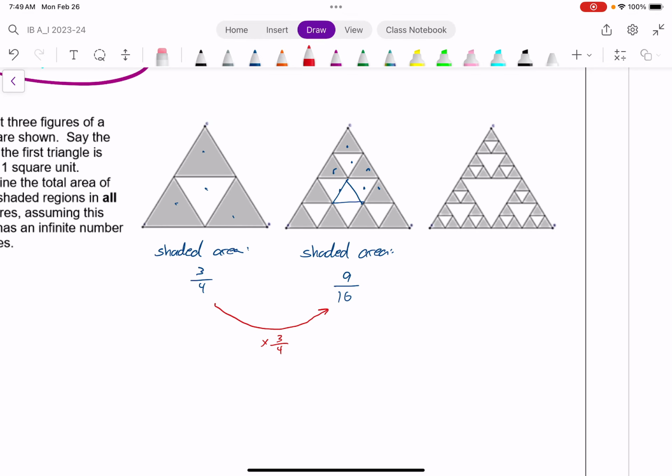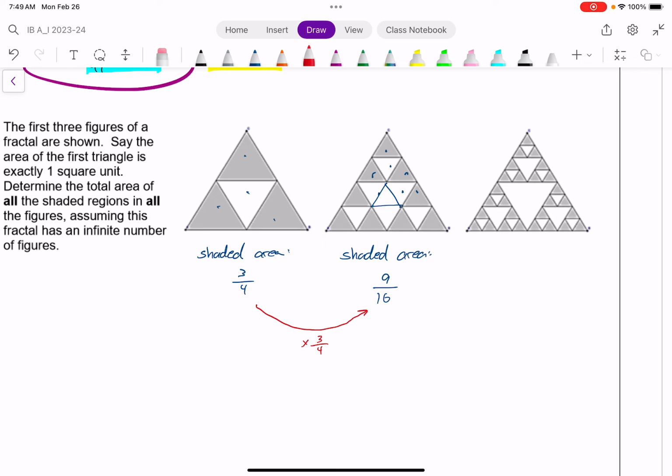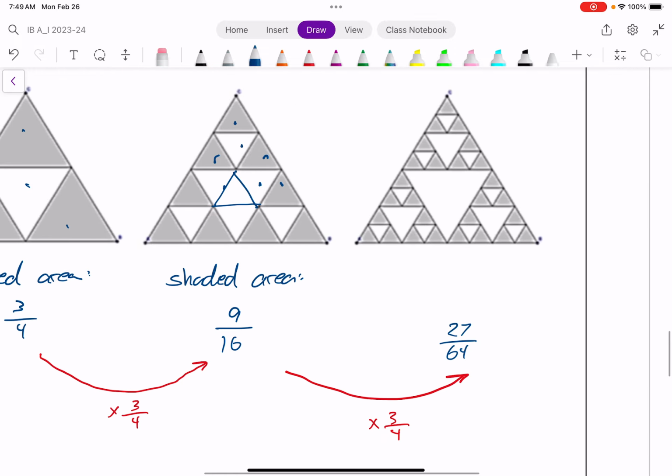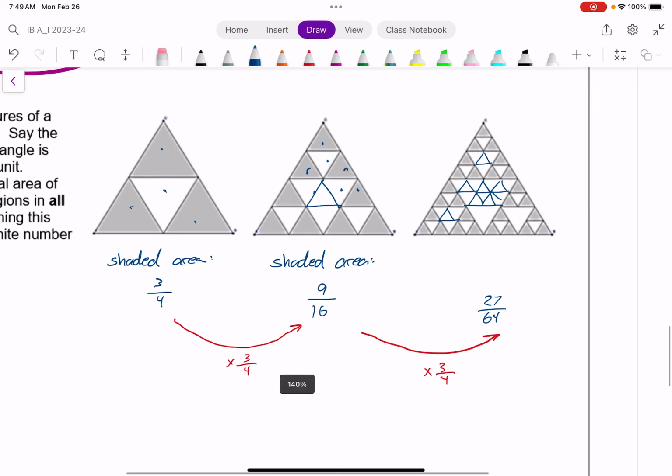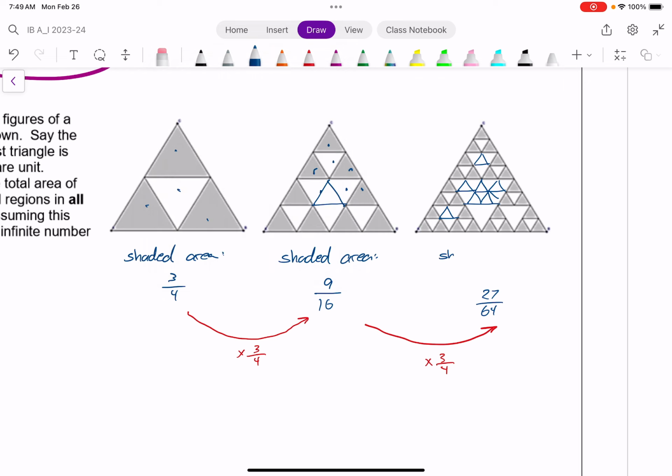How do I know, though, that this actually is a geometric sequence? Well, I don't tell you, so let's make sure. If it is a geometric sequence, I should multiply by 3/4 again, and I should get a shaded area of 27/64. And should you break this up into all its little triangles, I'm not going to do that for all of them, or will I? You will see. I might as well finish at this point, shouldn't I? I screwed up. Oh well, there are 64 and 27 of them are shaded in. And so this is most definitely a geometric sequence,